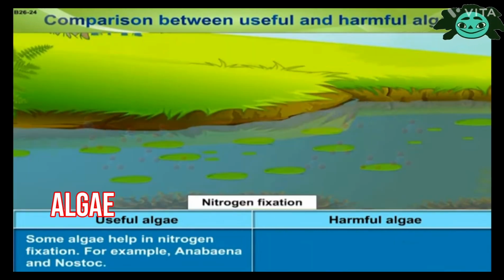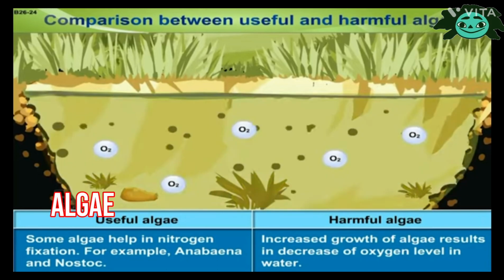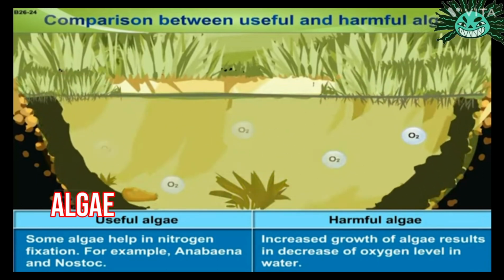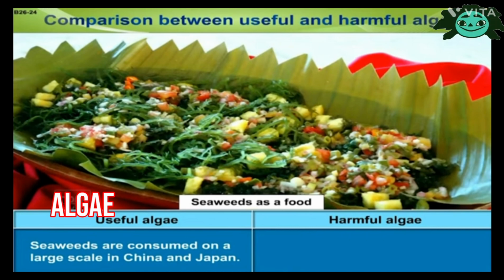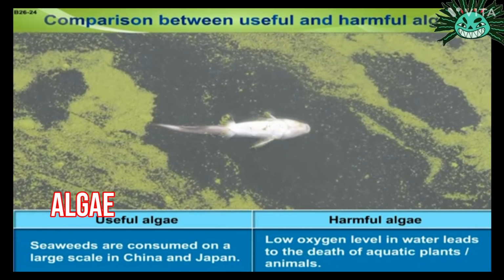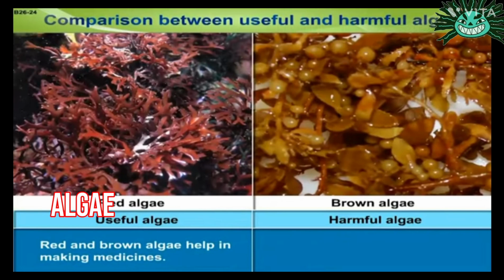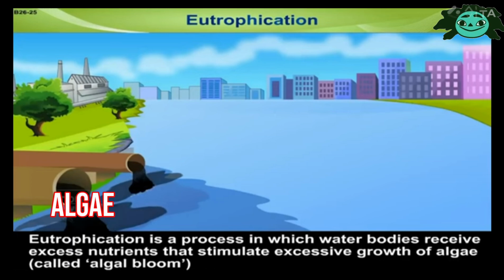Some useful algae help in nitrogen fixation. For example, Anabaena and Nostoc. Increased growth of harmful algae results in decrease of oxygen level in water. Seaweeds are consumed on a large scale in China and Japan. Low oxygen level in water leads to the death of aquatic plants and animals. Red and brown algae help in making medicines. They release toxins, making water unfit for drinking. Eutrophication. Eutrophication is a process